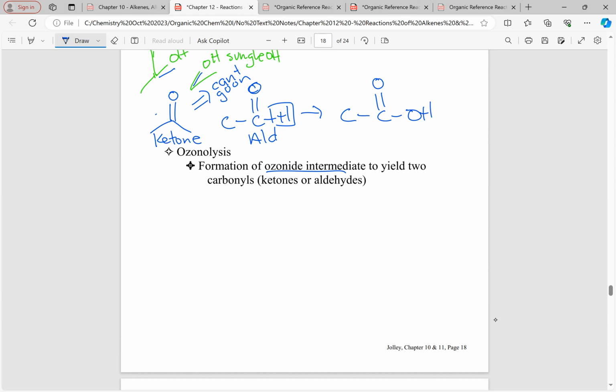And so the conditions for this one is literally ozone, like ozone as in the upper atmosphere. And then you're going to break that ozonide that we formed with some aqueous zinc or maybe some acetic acid. Okay, but I have to break it. All right, favorite alkene. And then we're going to react it. Oh. Okay, that's not the right Lewis structure, but we're going to react that with ozone. And it's going to create